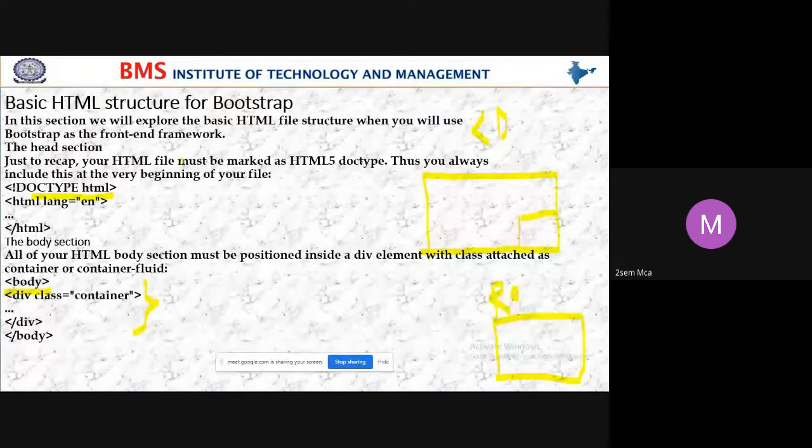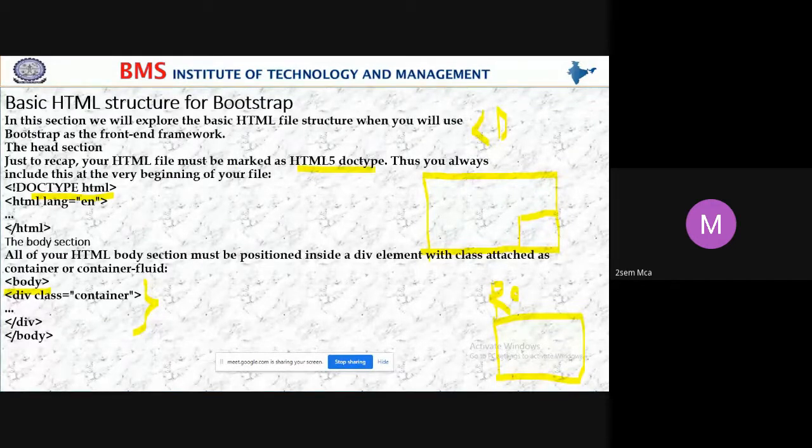So here, the basic HTML structure for Bootstrap. In this section, we will explore the basic HTML file structure when you use the Bootstrap front end framework. When we are using the Bootstrap front end framework, we use basic HTML tags. Just to recap, an HTML file must contain an HTML5 doc type.